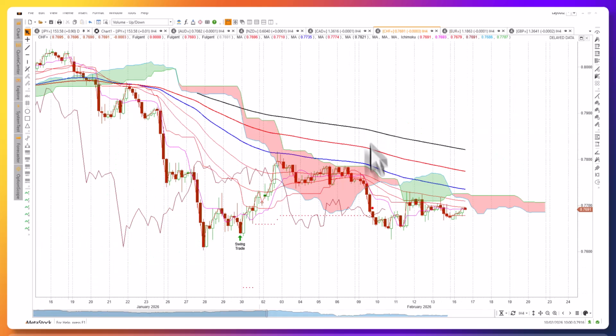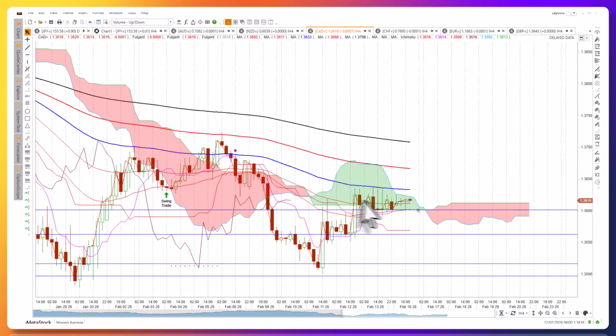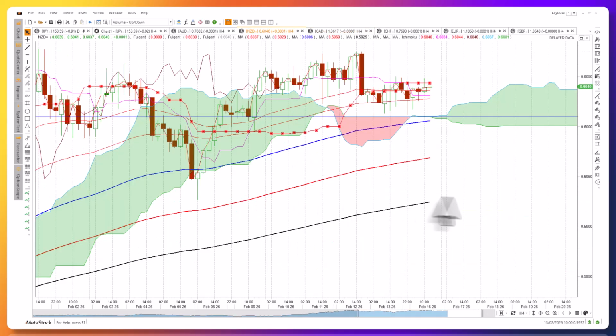Swiss franc, no big fireworks there, looking for a breakout past the top end of the Ichimoku cloud there. That's critical there. CAD also finding support at the bottom end of the cloud here, needs to see a breakout past the top end of the cloud, so that's the catalyst to look for. New Zealand dollar still going steadily there. Just keep an eye out for potential swing trades from the 0.610 zone, as we could see those areas tested